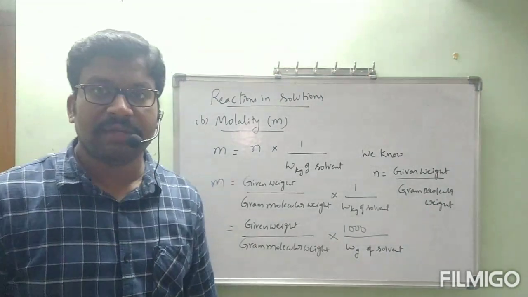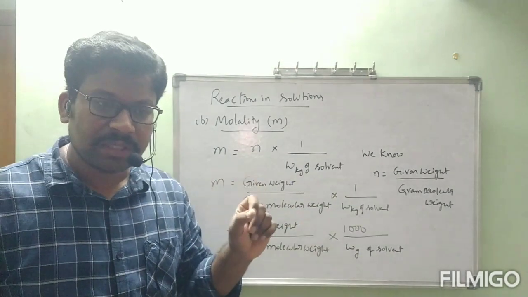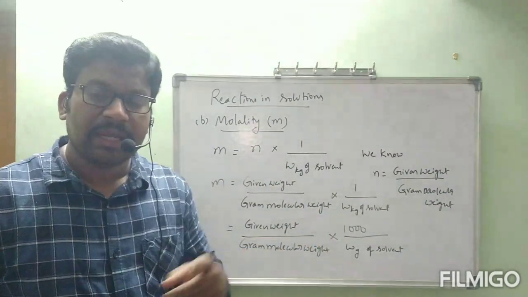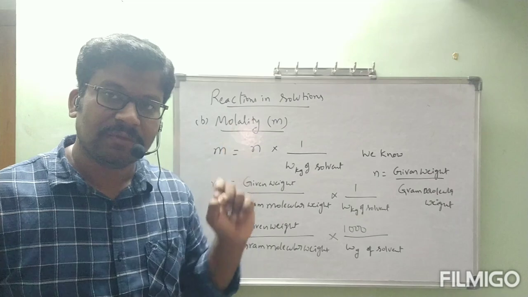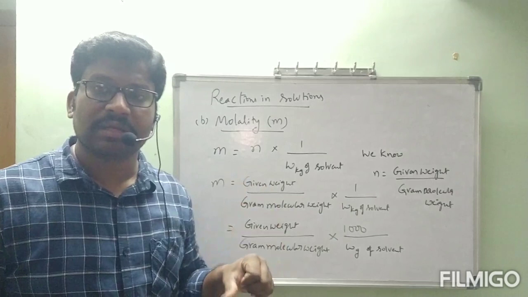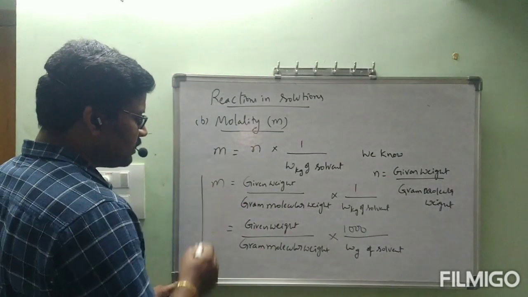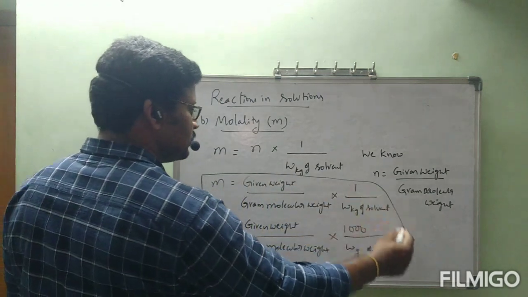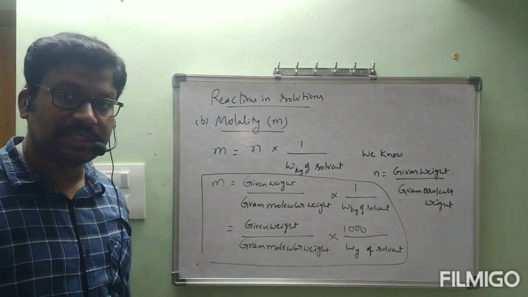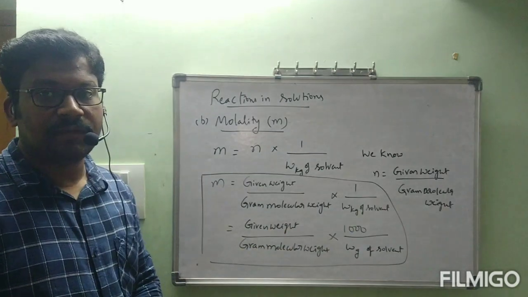In the previous molarity definition, here we wrote volume of solution. Simply we wrote volume only, that is nothing but volume of solution. But here this is solvent. Number of moles of solute present in 1 liter of solution is called molarity. Number of moles of solute present in 1 kilogram of solvent is called molality. That is the difference. After writing this formula, keep them in a box neatly. This is the second formula and its extension: m is equal to given weight by gram molecular weight into 1000 by W grams of solvent.